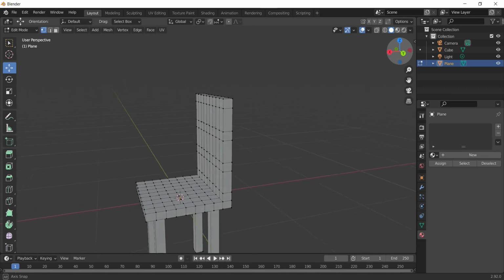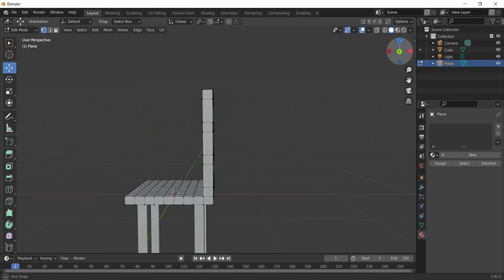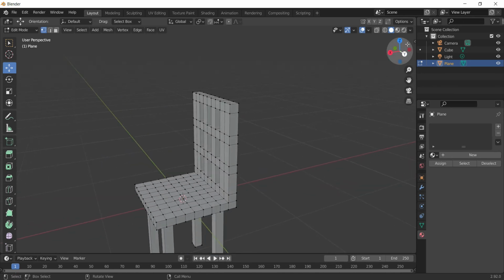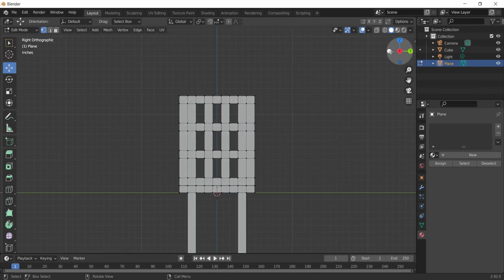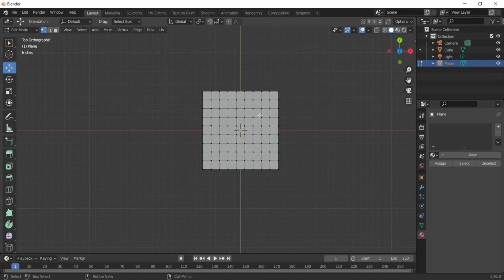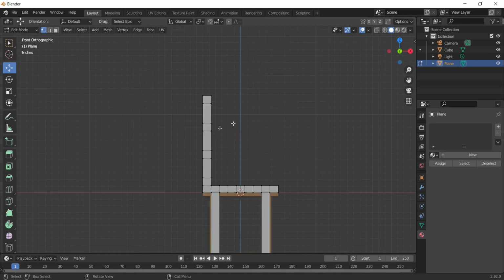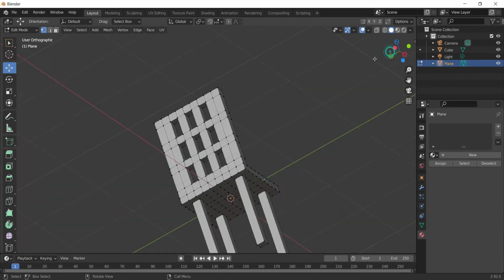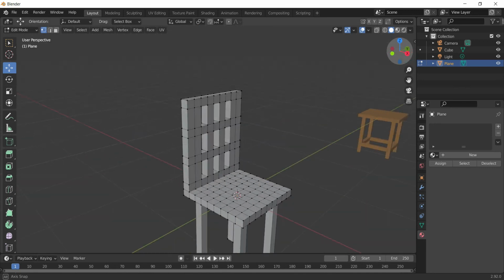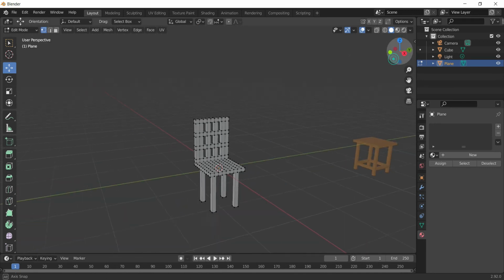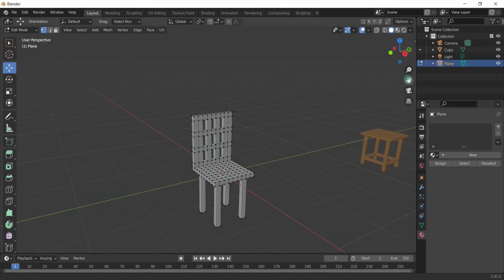First of all, let's go to the precise side angle. For that you can use this gizmo. If I click on any of these XYZ gizmo handles, see, it will take you to a certain angle like this. If I click on Z, it will take me to the top, and if I click on these other colored pointers, it will take me to the precise front or side angles. If I click from the center, it will bring me back to that 3D space.